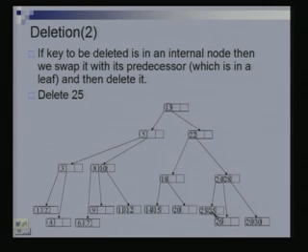It is the same thing. Now, I can remove the 25 from here. Why? Because it is in a leaf now already, and there were 2 keys in this leaf. So, if I remove one, there is no problem. Note that the predecessor will always be in a leaf in this case. Not in the case of a binary search tree. Let us check this point out.